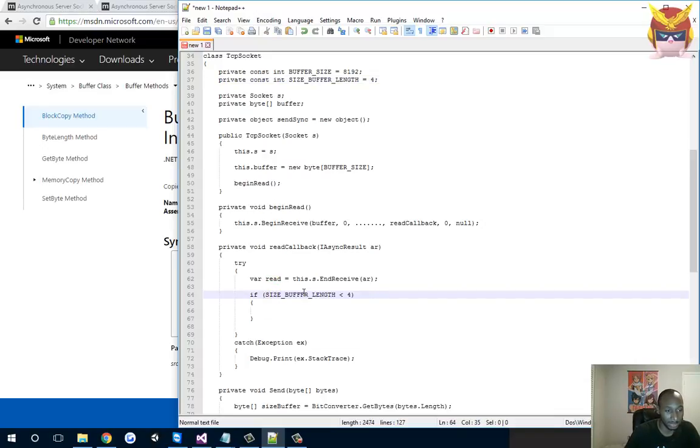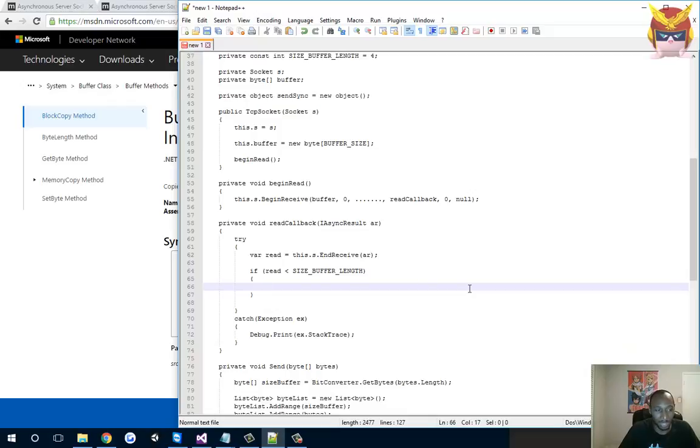If red is less than the size buffer length, this is what we're going to do sync. Because if the read buffer gets split up, we should expect to catch up within the next second or so. So it really doesn't make much sense to call begin receive again when we know it's coming right after that. So if red is less than the size buffer length, then what we're going to do